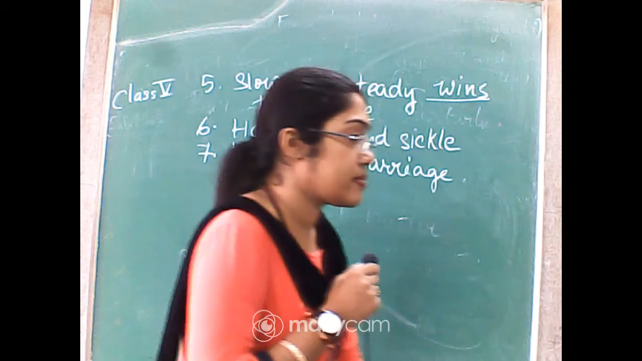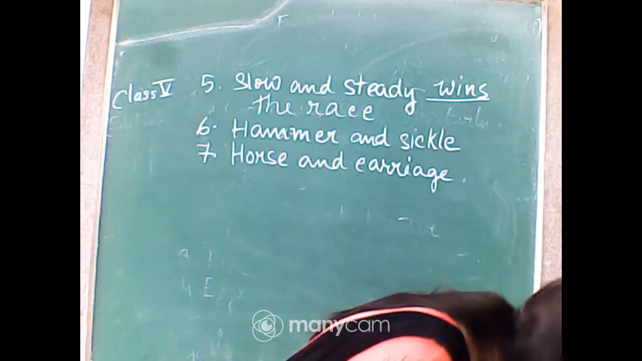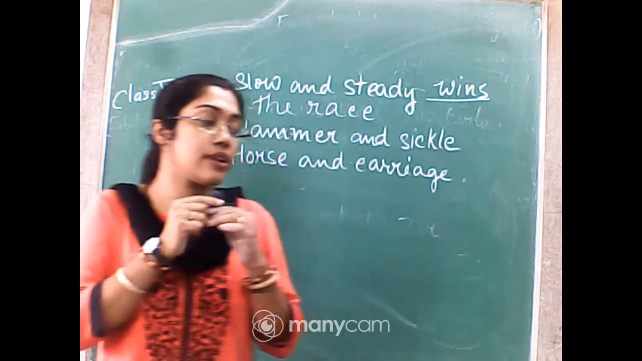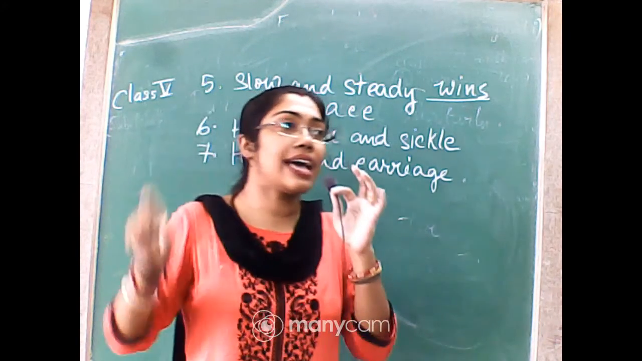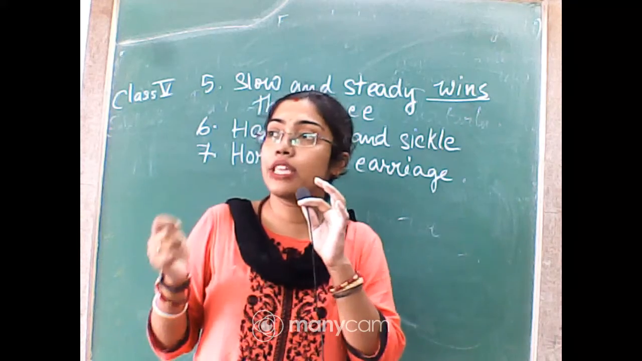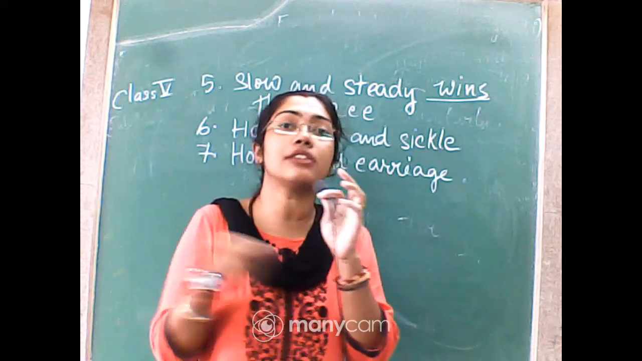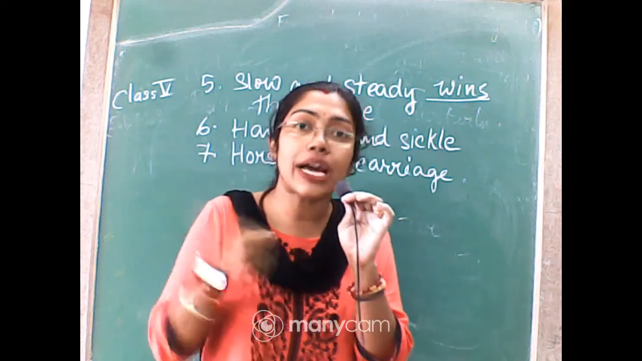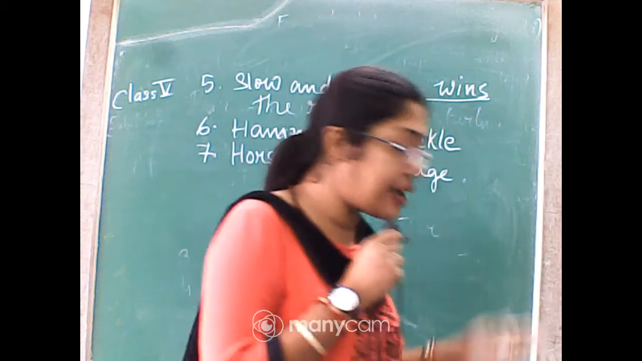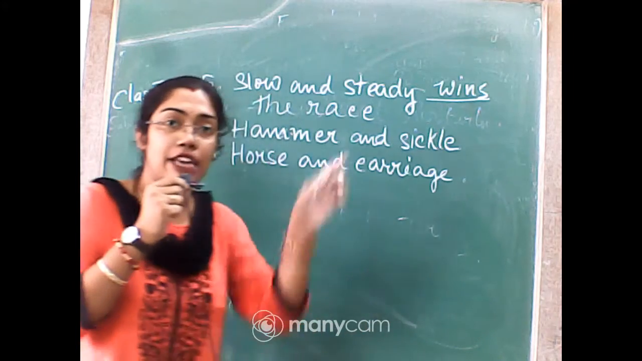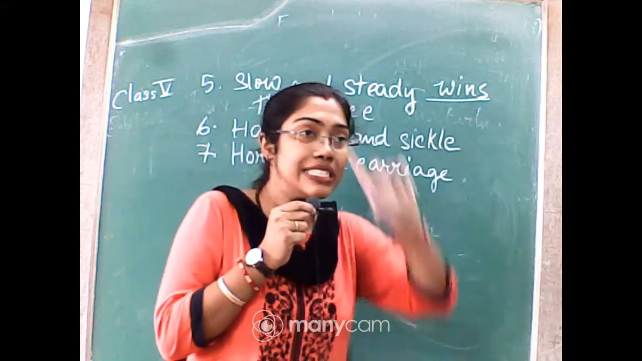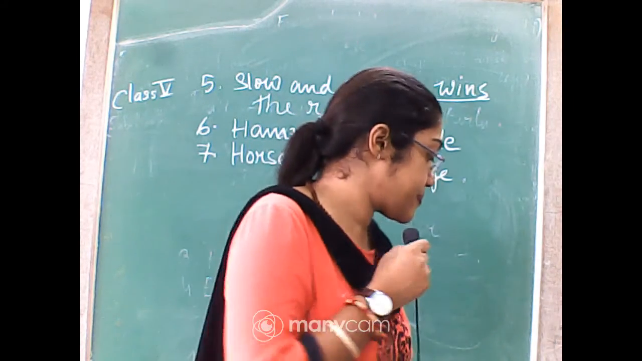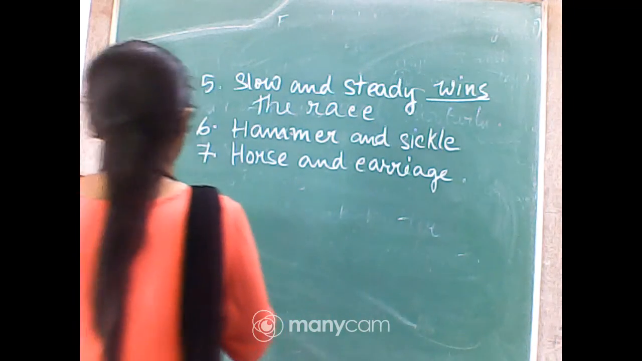Next, sickle is a kind of big size knife, normally used by people to cut things. Hammer is for hitting things, sickle is for cutting things. It's a kind of sharp edged knife like structure, in the shape of a C, that is called sickle. Next,